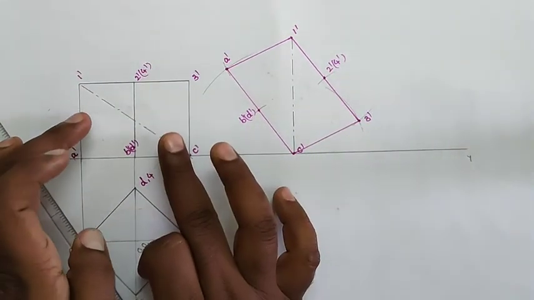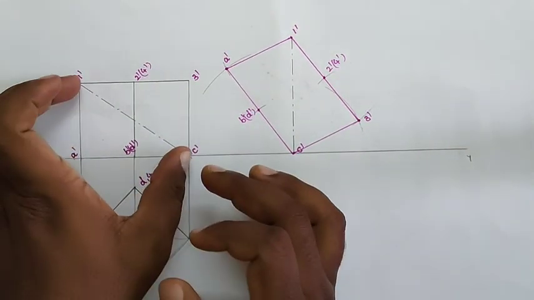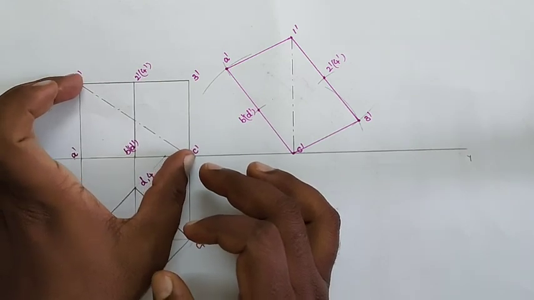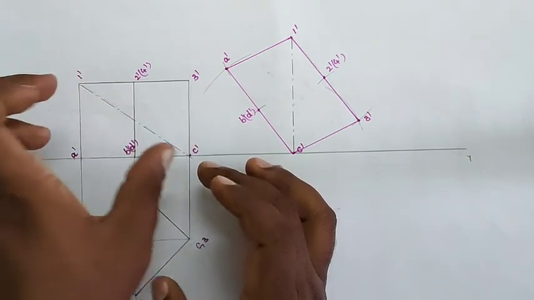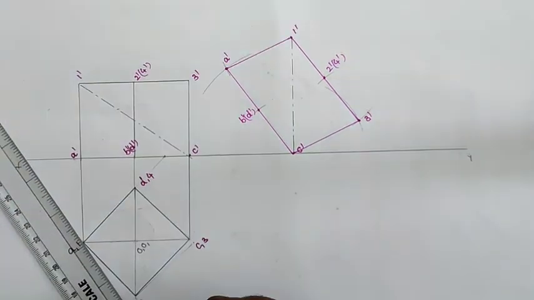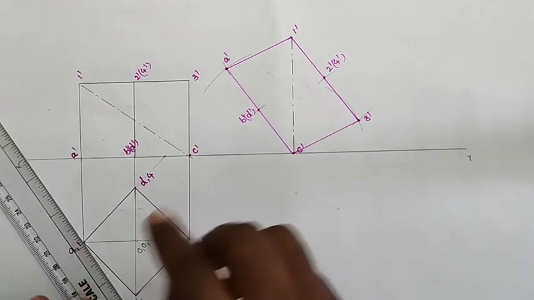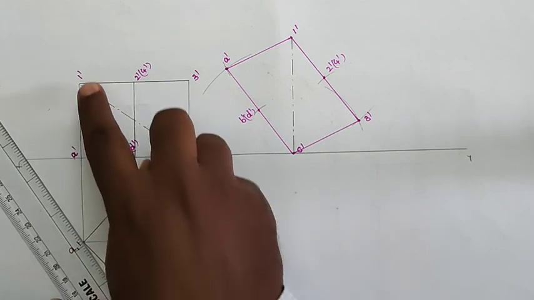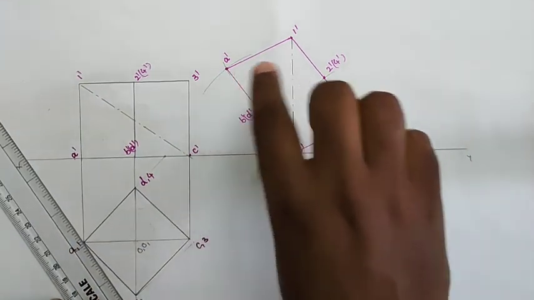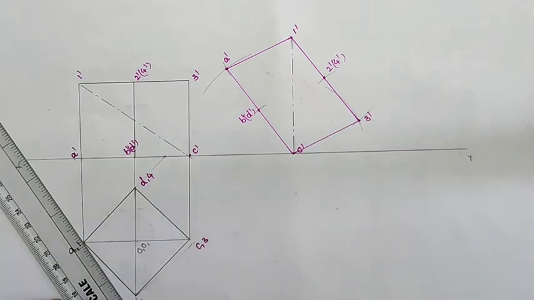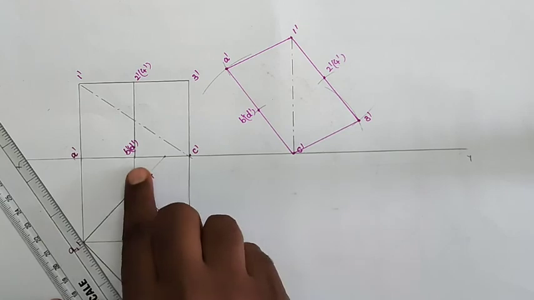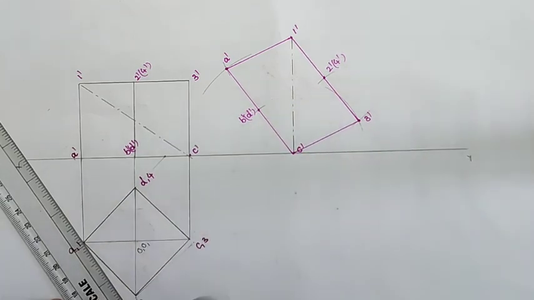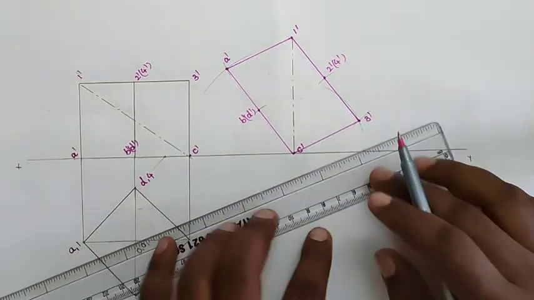So here in the first front view, the solid diagonal is inclined, but in the problem, the solid diagonal is vertical, so you can tilt this solid diagonal to vertical and reconstruct the second front view of our diagram by measuring the distance from C dash to A dash and 1 dash to A dash. With that length we will draw the arcs and locate the A dash and 3 dash points. After that you can measure the distance from C dash to B dash and locate the points B dash, D dash and 2 dash, 4 dash.